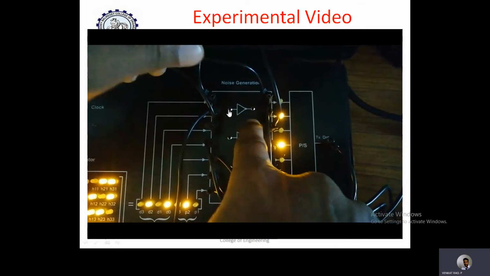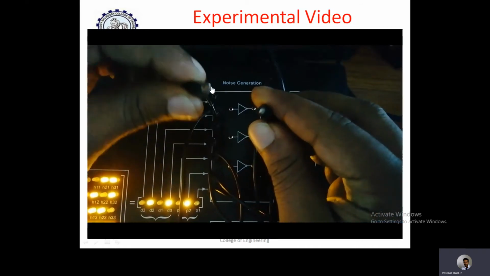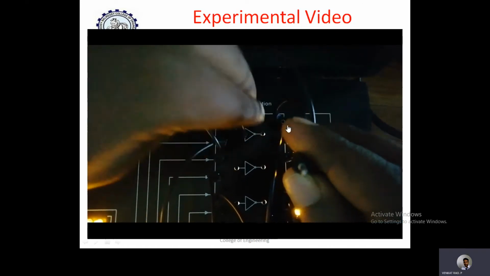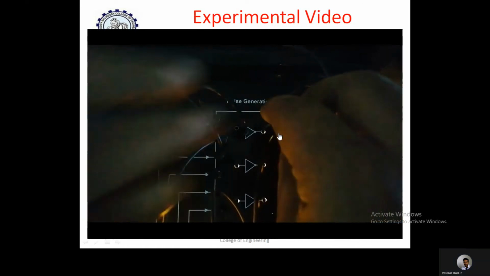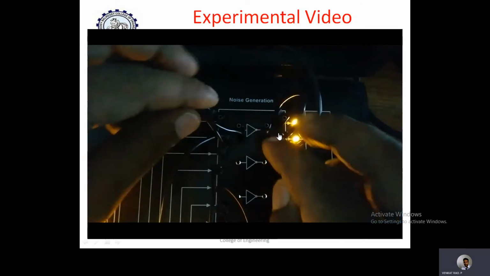For example, if I have not connected any NOT gate here, the same data comes here initially. Now I am going to connect a NOT gate to any of these bits. For example, I have selected the first bit, which is connected to the NOT gate, and the NOT gate output is connected to the other bit. Then automatically the data is going to be reversed in the first bit position.